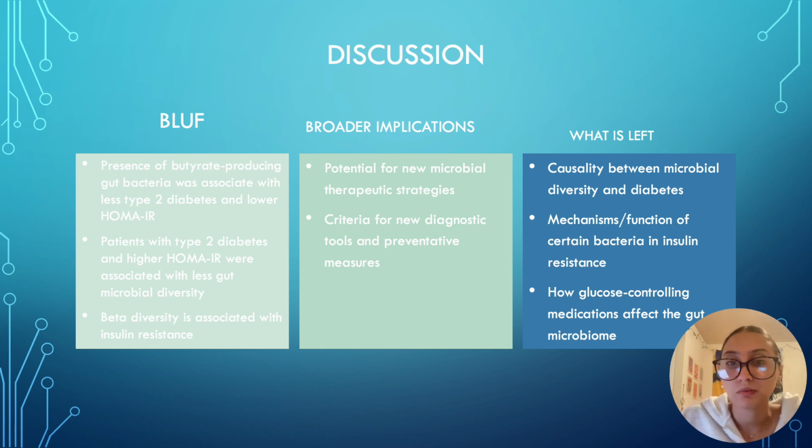This study also implies the possibility of using biomarkers as diagnostic tools for diabetes and other metabolic disorders. For example, periodically measuring the quantity of butyrate-producing species within someone's microbial community can inform them of their predisposition to diabetes or other disorders, and this will likely create more urgency for lifestyle modifications.